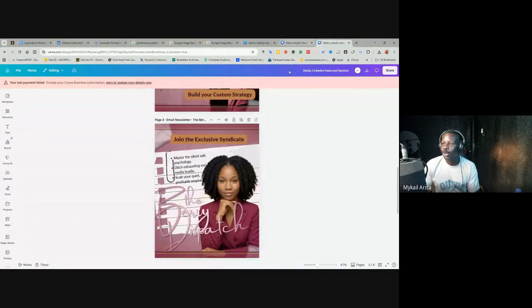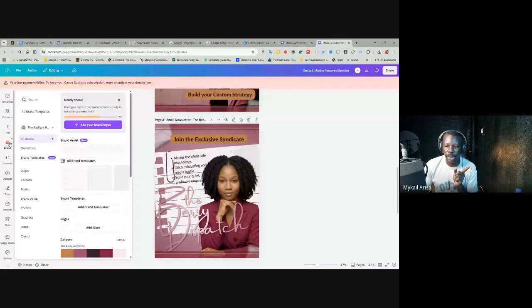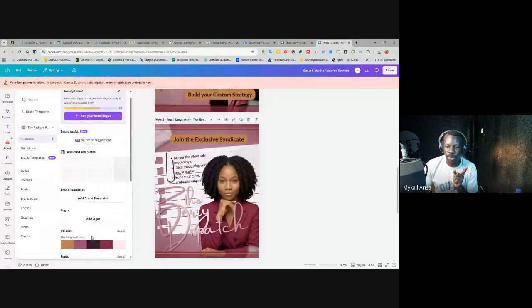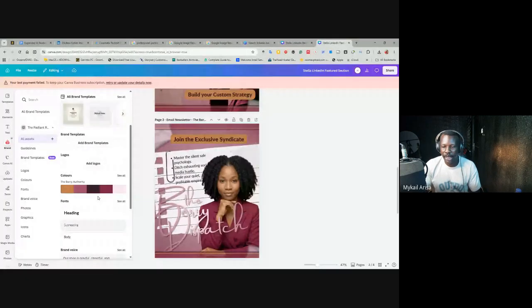and I don't know, I can't pull up convert. Okay, remember when I told you guys that Canva was pulling in brand colors that I use? This was the work that I did that pulled up. Look at it. So the name of her color is called the Berry Authority. Like that's the name of her brand colors. What do they call it? Color palette, right? So, and if I open up this color in the brand kit, so if I open it up,